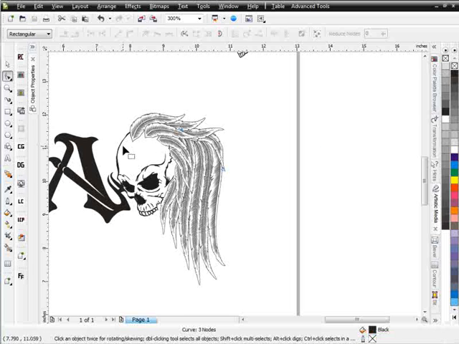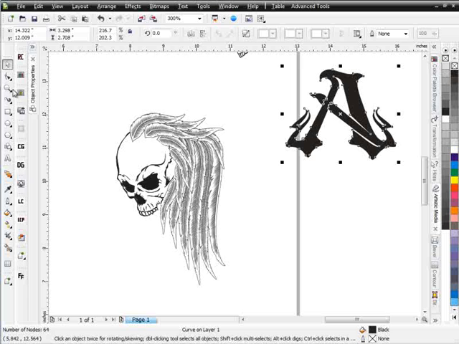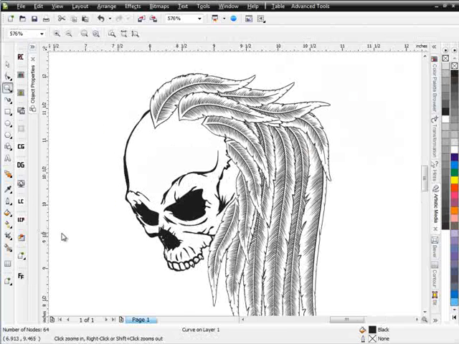Then I'm going to take a look at bringing some elements in here to the skull to kind of make like a war bonnet or something like that. And I think I'll use barbed wire for that. Go ahead and move my logo over and just work directly in this element of the skull with the feathers coming off the back. I'm going to go back to my pen tool,